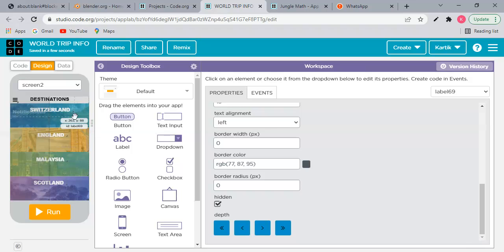So I forgot to tell you one more thing. This one is one more label. See, I'm just going to make it visible. This is also a bit of blackish right here. And then in screen number 3,